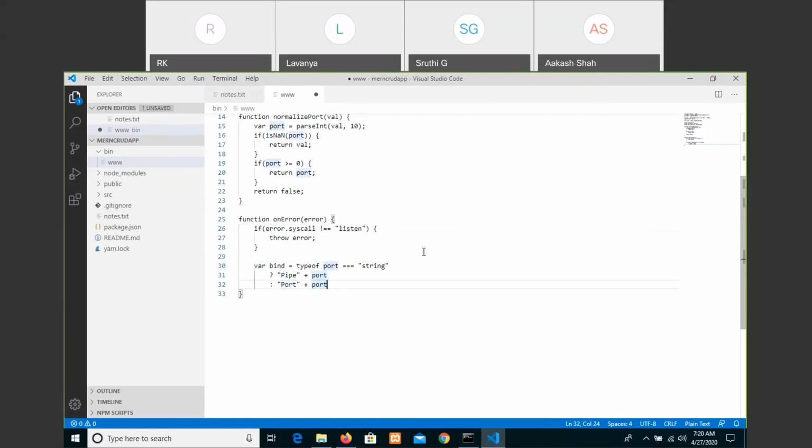Then we have to say the error statements: inactive access, or else some other application is already running on the same port. So two things.